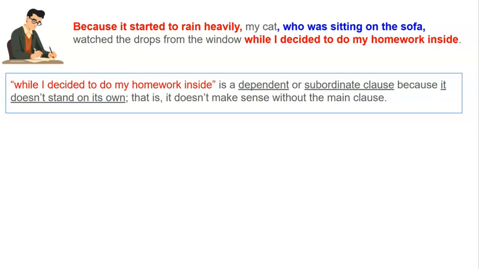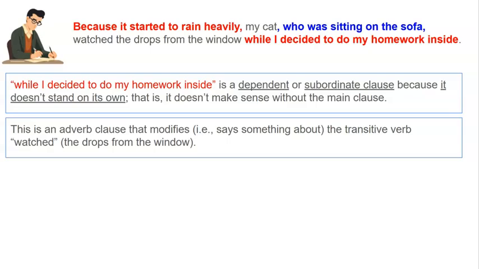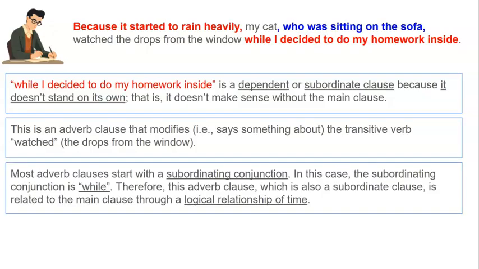Well, I decided to do my homework inside is also a dependent or subordinate clause because it doesn't stand on its own. That is, it doesn't make sense without the main clause. This is an adverb clause that modifies the transitive verb watched, whose object is the drops from the window. Most adverb clauses start with a subordinating conjunction, as we learned earlier. In this case, the subordinating conjunction is while. Therefore, this adverb clause, which is also a subordinate clause, is related to the main clause through a logical relationship